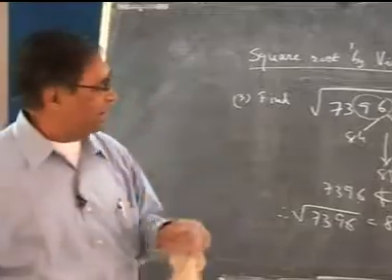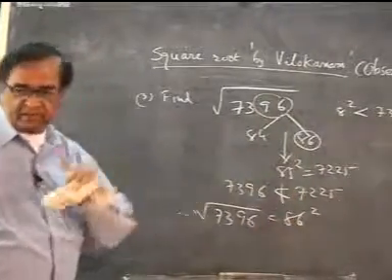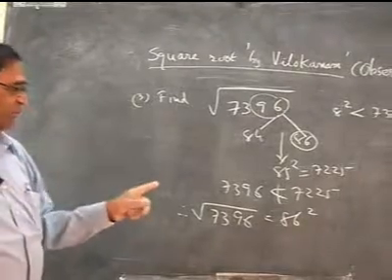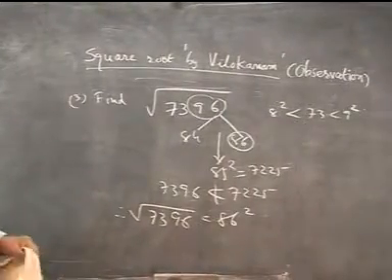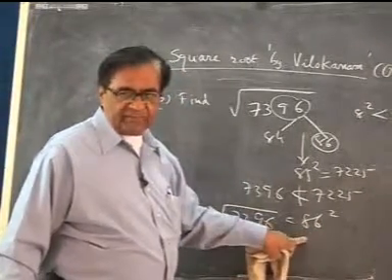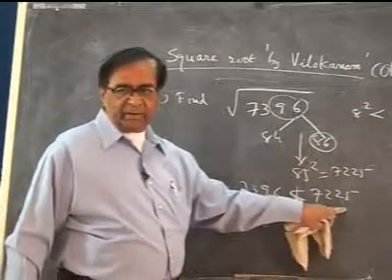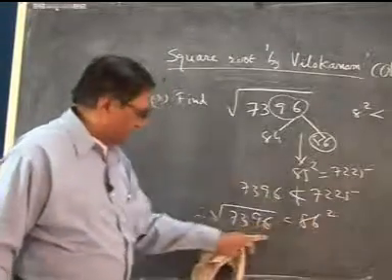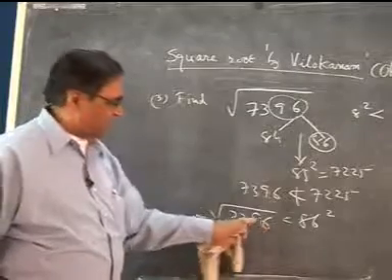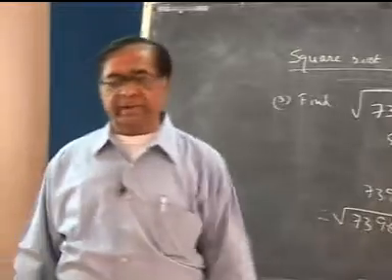Verification is necessary, do remember. Verification must be done, otherwise you may write 72 here, and that is wrong. That should be remembered. Cross check also can be done. There is another way of verification. Find out the digital root of 8 and 6. 8 and 6 is 14, that is 5. 5 square is 25, that is 7. Check it here: 7396, digital root 7. So it is true. This way also verification can be done.